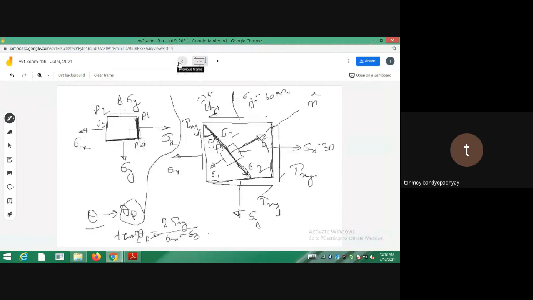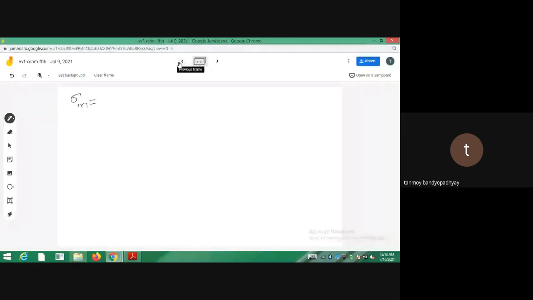So now let's define the Mohr circle. So Mohr circle আমি যদি ডিফাইন করতে চাই, so sigma n was